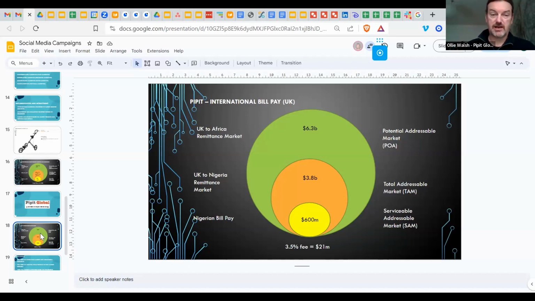London itself. And then once that was in place, we could do a similar campaign targeting people from South Africa, Kenya and Ghana, where there are flows from the UK. So that's how we segmented, targeted and positioned